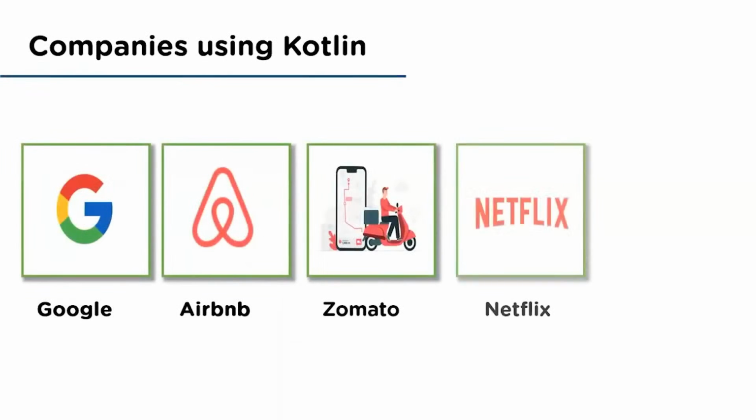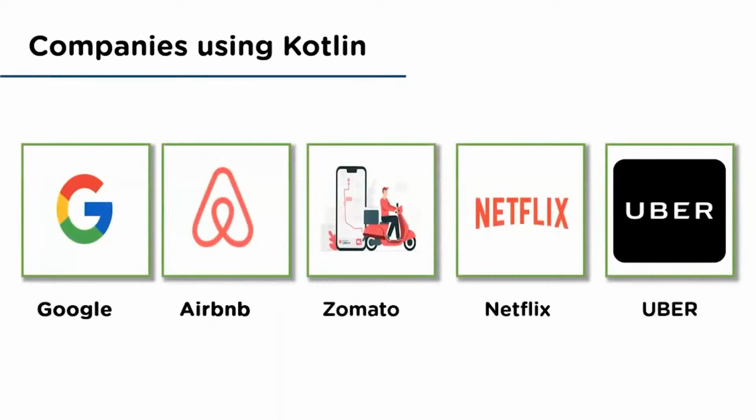But now let's move on to its applications. So we'll start with Google. Google widely uses the Kotlin language. Not only have they declared it as a first class programming language, but they also use it in their production code. Google also implemented Kotlin in more than 60 applications, such as Google Home, Google Maps, Google Drive, Google Pay, Google